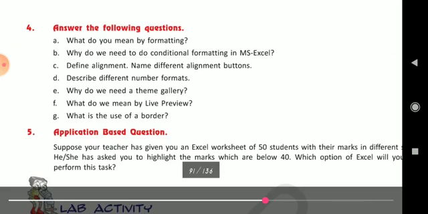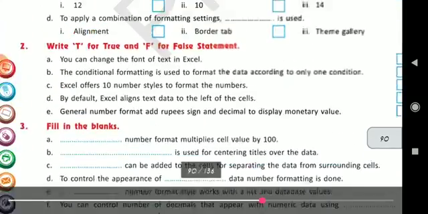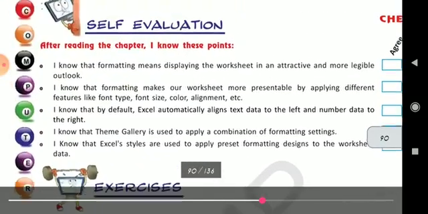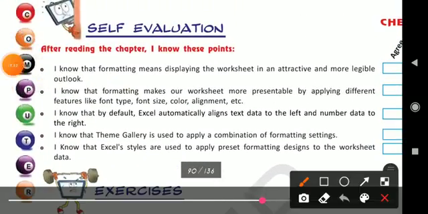Starting of the chapter also it is given, in the exercise also it is given. You can see over here, formatting means displaying the worksheet in an attractive and more legible outlook. So this is the answer of the first one. Clear?